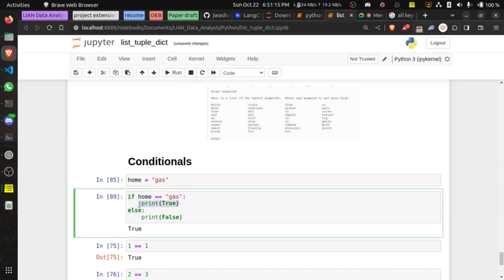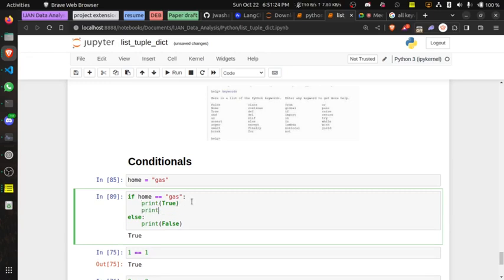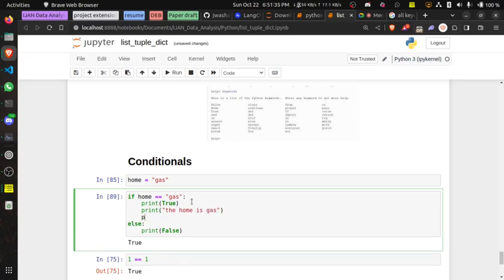Now this can be multiple things. It can have a lot actually, right? I can have after print true, print, I'm using print because print is easier to relate with. Print the home is gas. You know, I can add print I am happy.